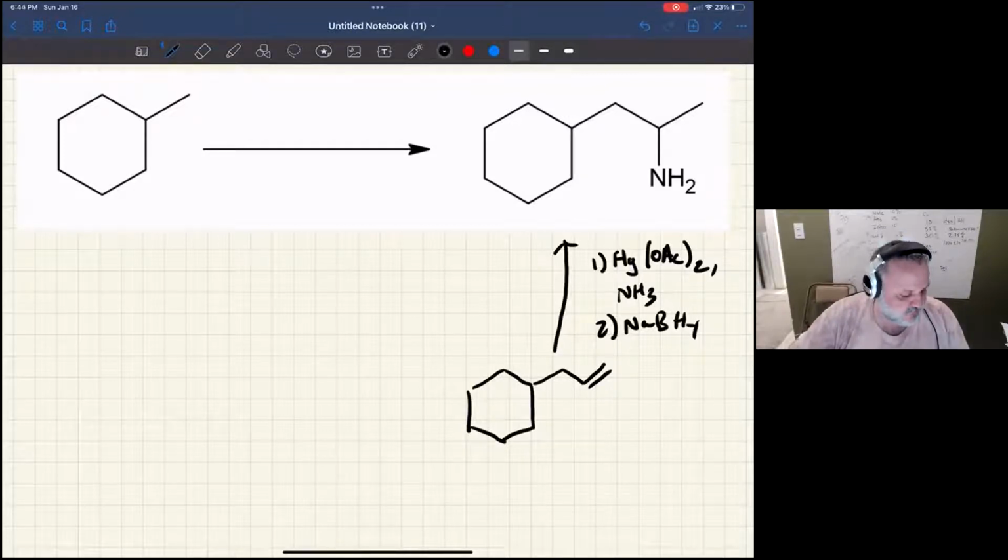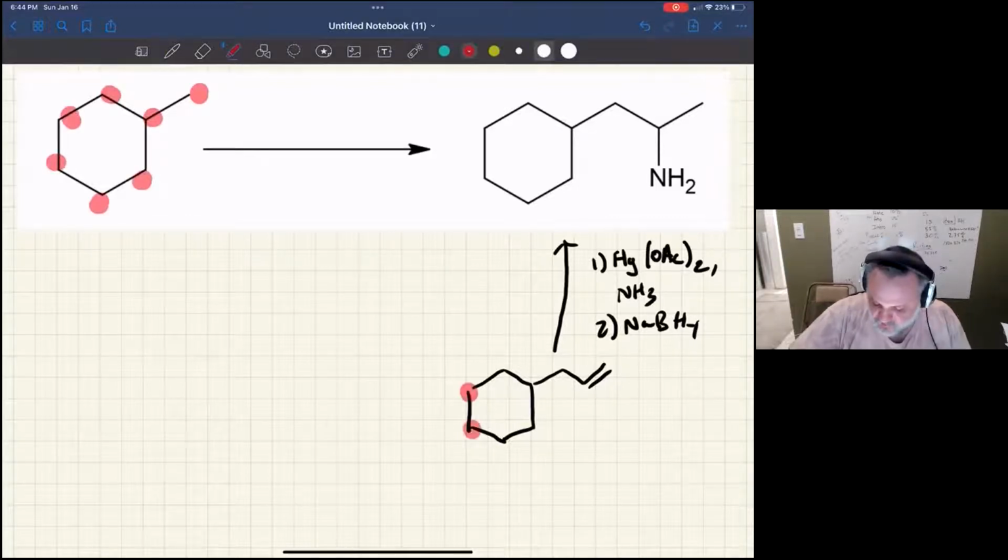All right, well, what's next? Well, I'm at an amine group, or I'm at an alkene, and so I have to think about how I can make an alkene. It might be a good time now to think about